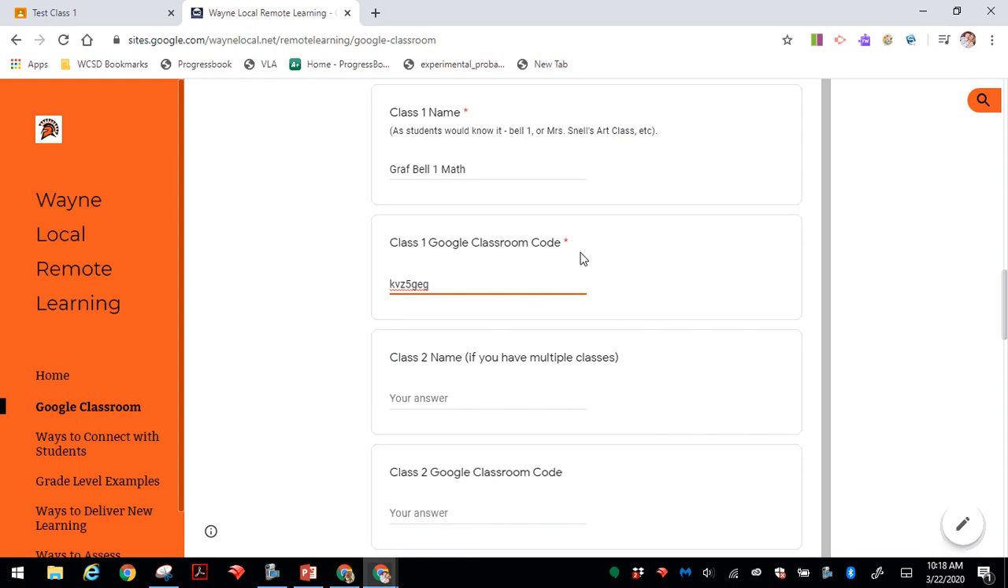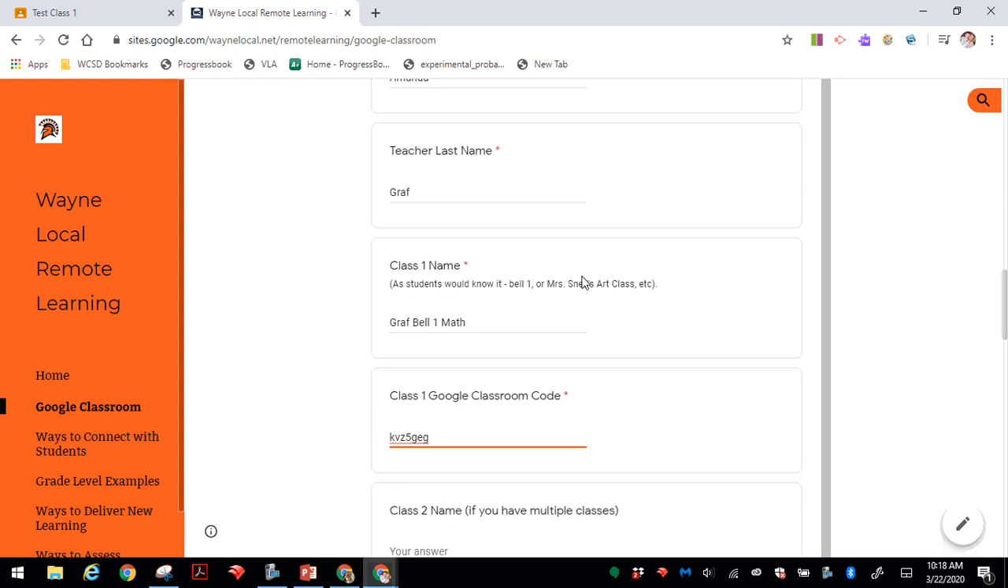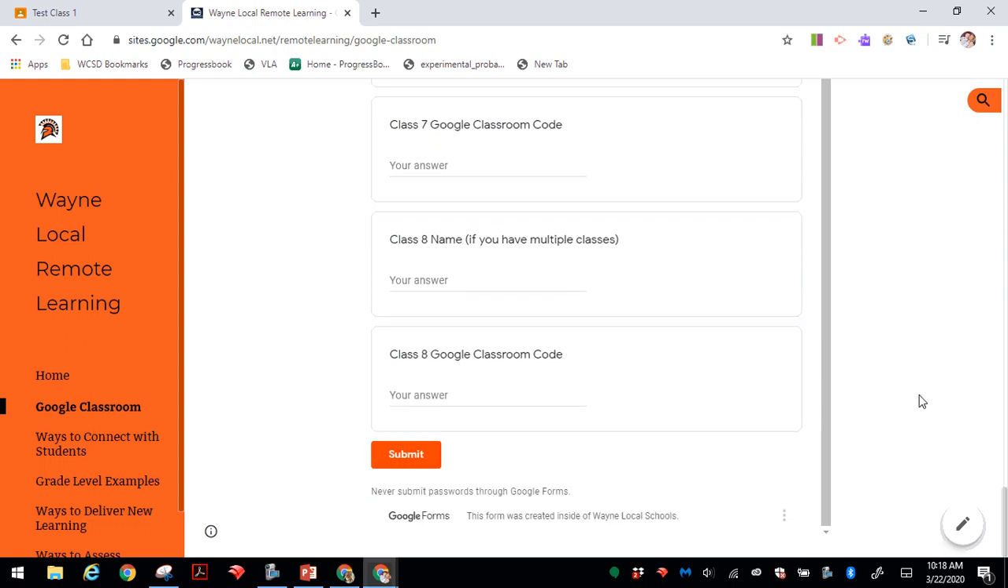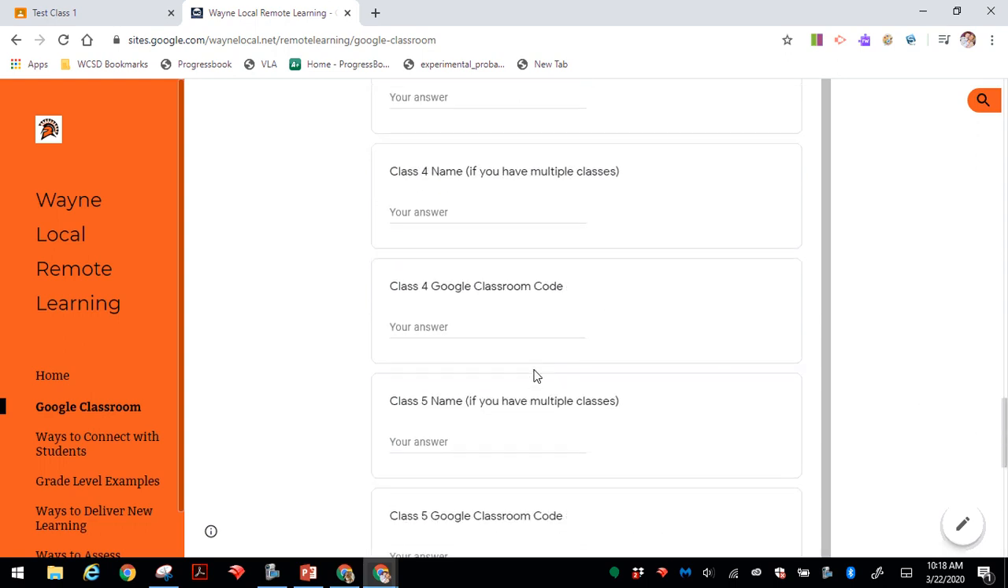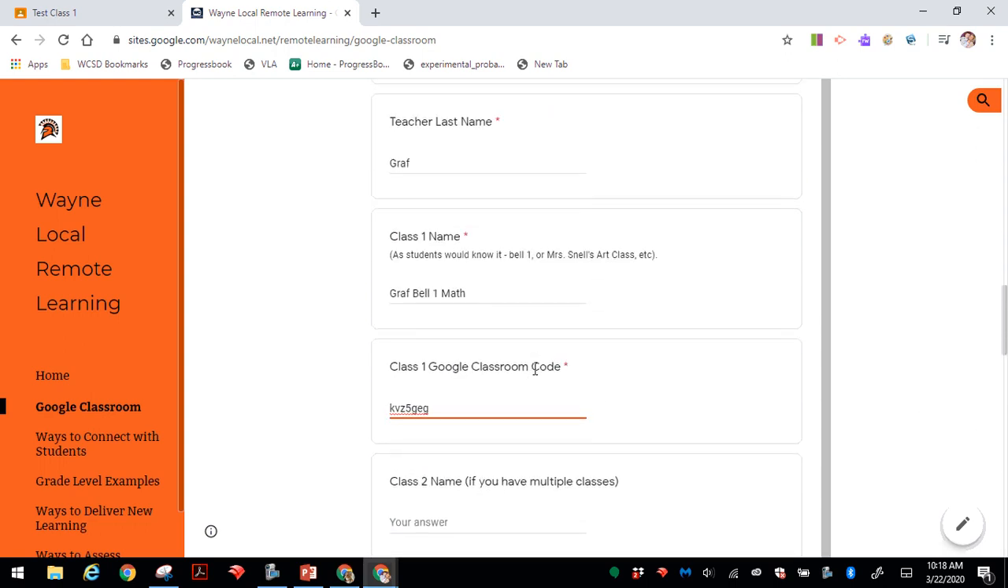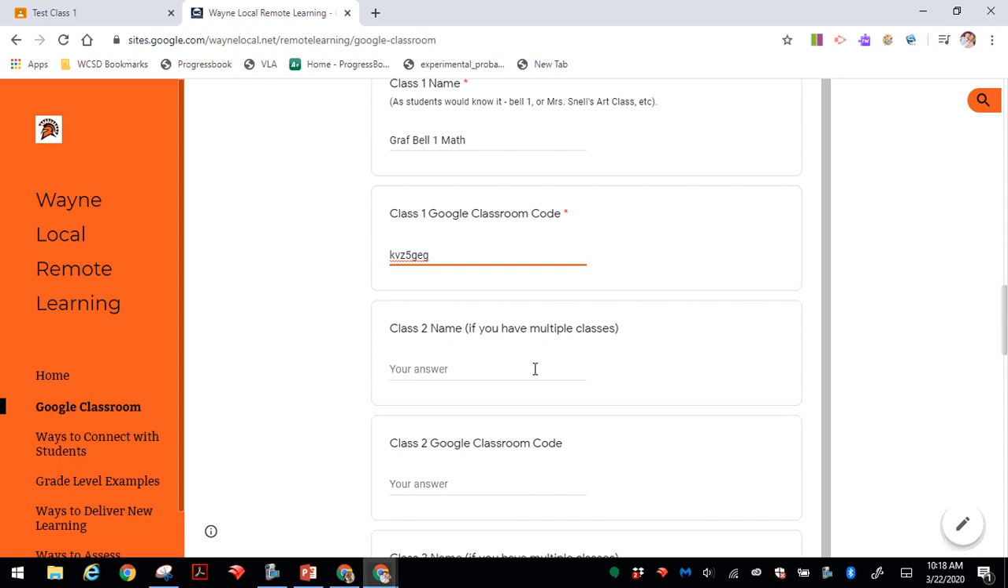Okay. Now, if you only have one class, if you're an elementary teacher with just one class all day long, you can just go down here to submit. If you have more than one class, you need to enter all the different codes that you want your classes to use if they're going to be separated out. So then I would go back